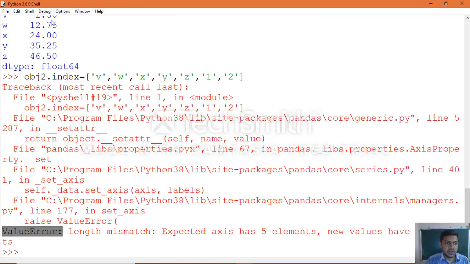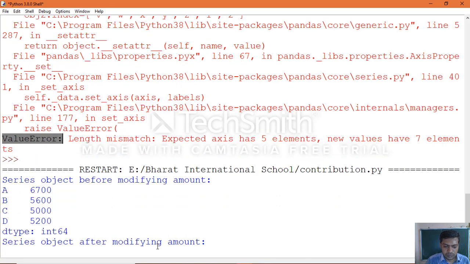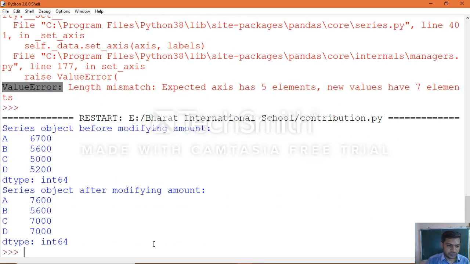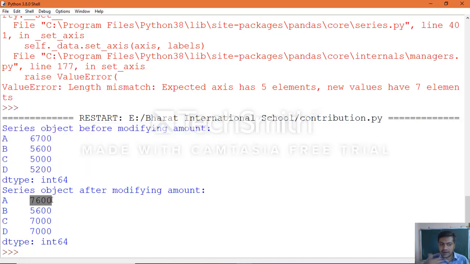Go to Run Module. Yes, you can see, according to the question, this is the data given before modifying. Section A was told to be updated from 6700 to 7600, and C and D to be changed to 7000, for which we applied a slice. So it is updated.